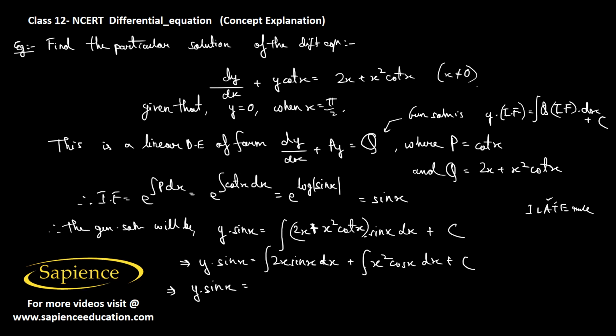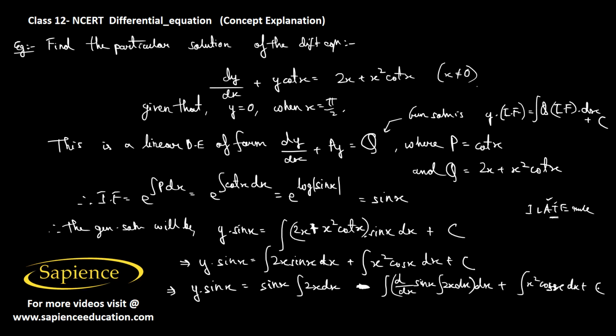So this will be sin x into integral 2x dx minus integral of d by dx of sin x into integral 2x dx, whole integral dx, then plus integral x square cos x